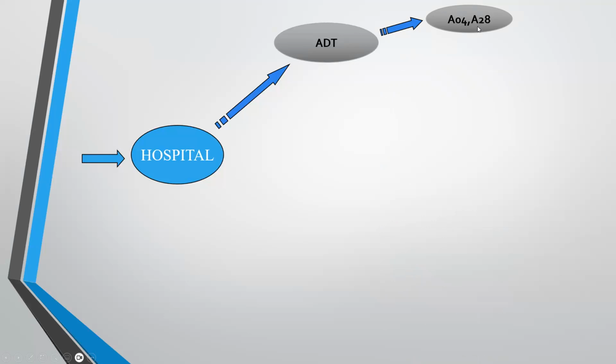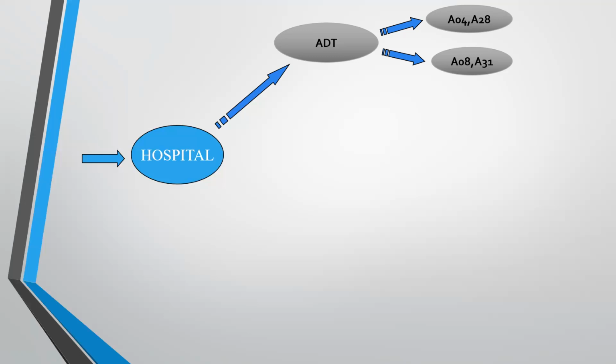One is new patient registration and another one is update of existing patient information, right? So these are represented with these event types called A04 or A28. You can use either A04 or A28 for patient registration, or you can use A08 or A31 to represent update of existing patient information,